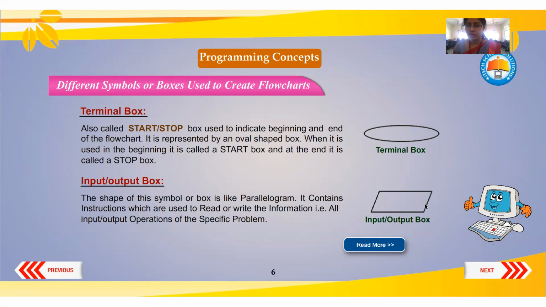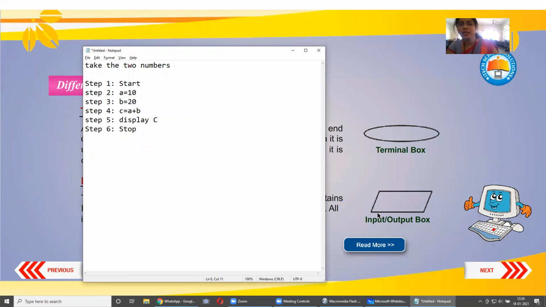Input and output boxes. This type of box is used to put some information inside the system or to get the result outside. Now we'll take our example. Here, what are the inputs? We are putting the information into the computer as A is equal to 10, and B is equal to 20 is also what we are telling the computer. Are we telling the computer to do anything here? No. Here we are telling the computer to do a calculation, and this particular step of C is equal to A plus B, the computer will do by itself.